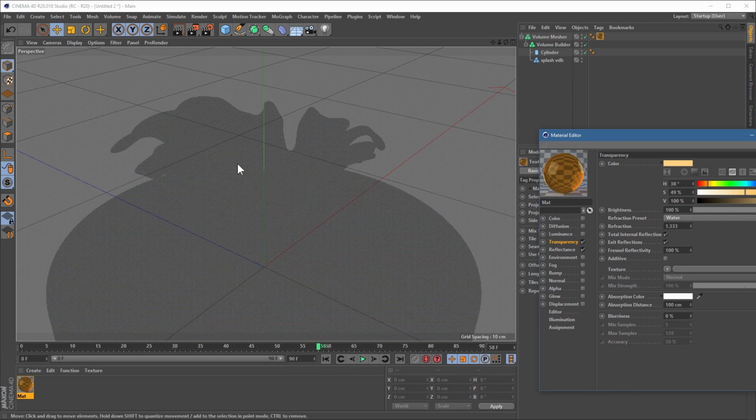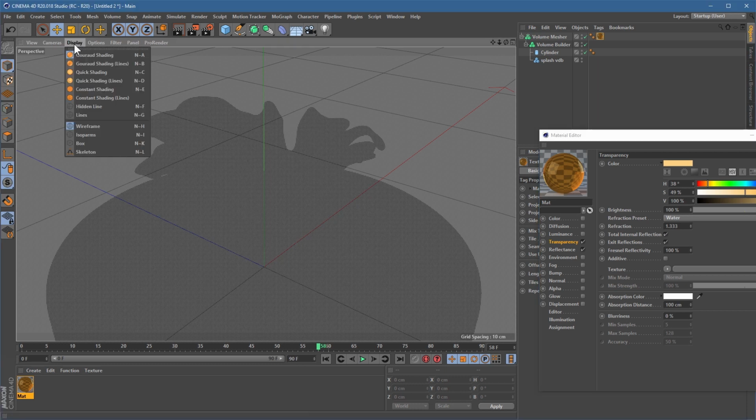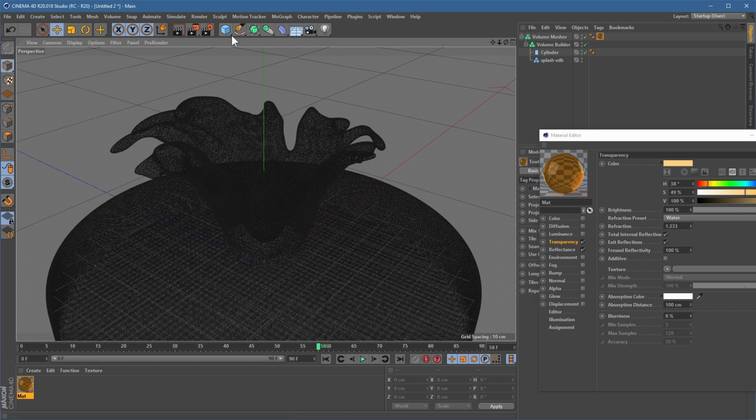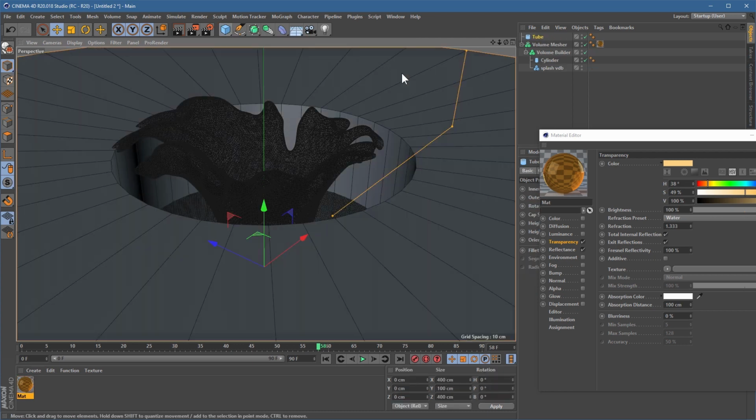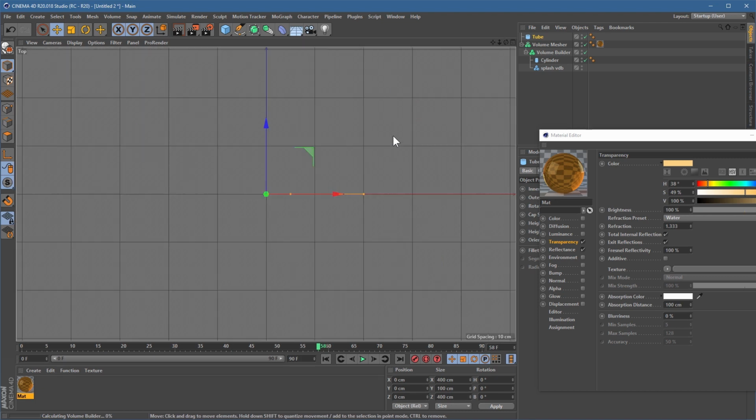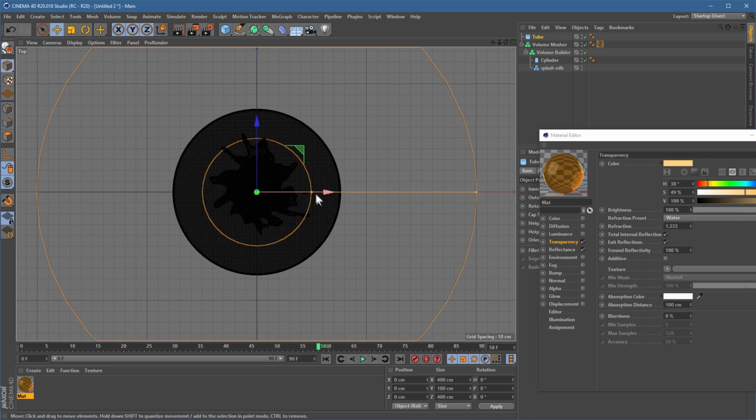But this is going to sit inside a jar. Now, I'm not going to sit here and do the entire jar. We're just going to do a nice close-up of the top of the surface. So let's actually just grab something like a tube object. Because with this, in our top-down view, we can just set the inside of this hollow tube over here, so